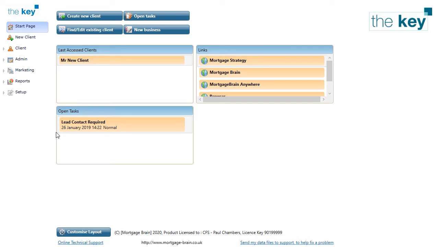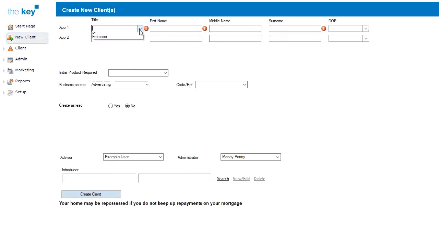The key allows a client to be recorded with the status of a lead, which can then be converted into a client if necessary. To do this, create a new lead by the New Client button at the left or top of the screen. Record a title, but a first name and surname is all that's required to actually create the record. You can add further information such as date of birth or the initial product, but the most important